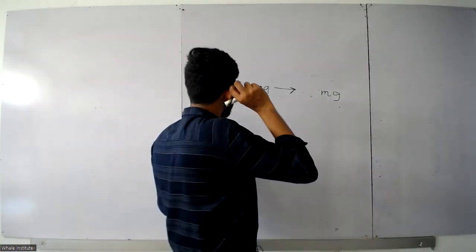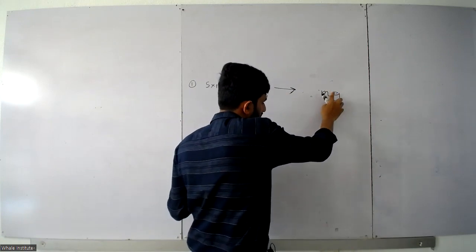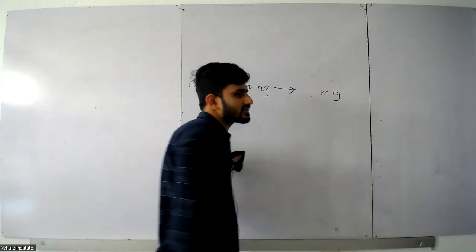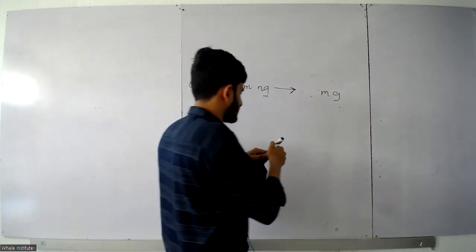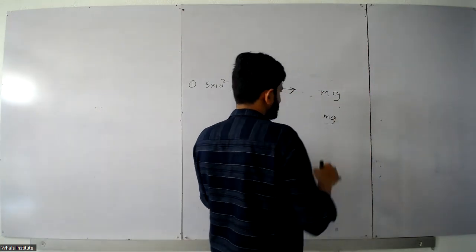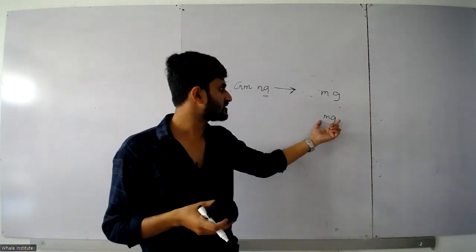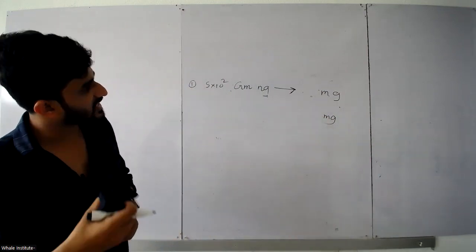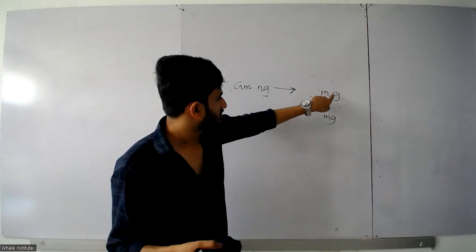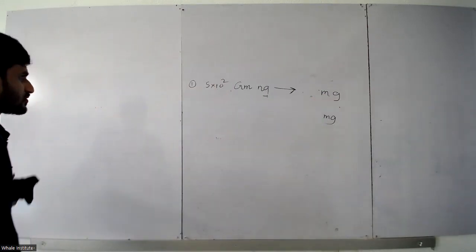Okay. Gigameters and nanograms. Here, meter grams. That's why I have kept some gap between meters and grams. If it's milligrams, we are writing it like this, milligrams, not keeping a gap between the two symbols. But if it's meter gram, we have to keep a gap. That's the point. So we are converting